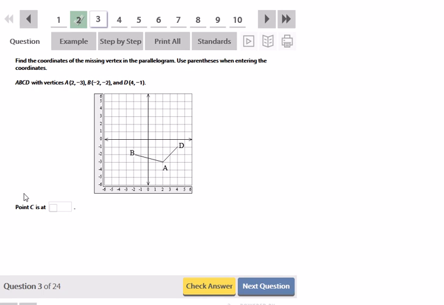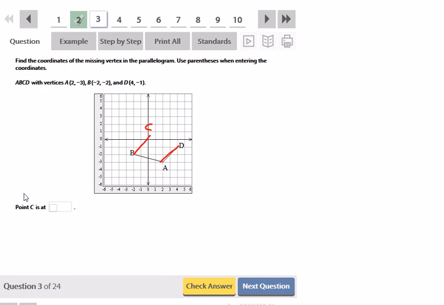Okay, find the coordinates of a missing vertex in the parallelogram. Use parentheses when entering the coordinates. So in order to make this a parallelogram, where would C have to be? Well, if opposite sides are parallel, then C would have to be somewhere here where it would be parallel to AD,